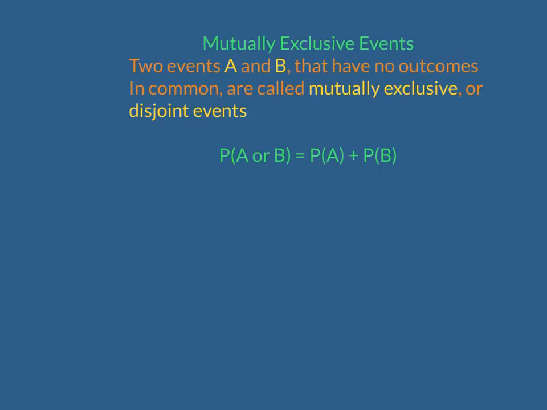So let's take a look at mutually exclusive events. When we have two events, A and B, that have no outcomes in common, they're called mutually exclusive or disjoint events. So the formula for that would be P(A or B) equals P(A) plus P(B). So this will be when we have two totally different events and we just want to see what their combined outcome possibility would be. So if we take a look at this example,